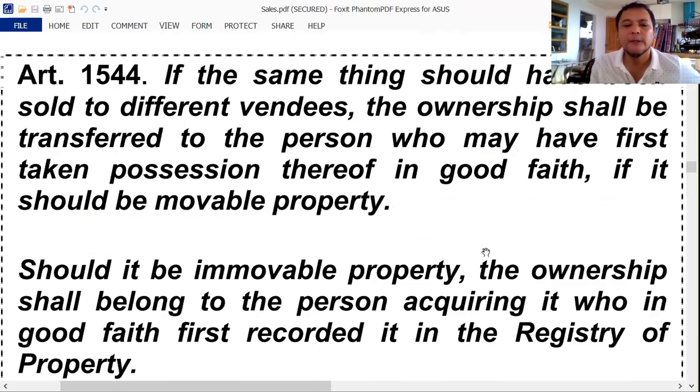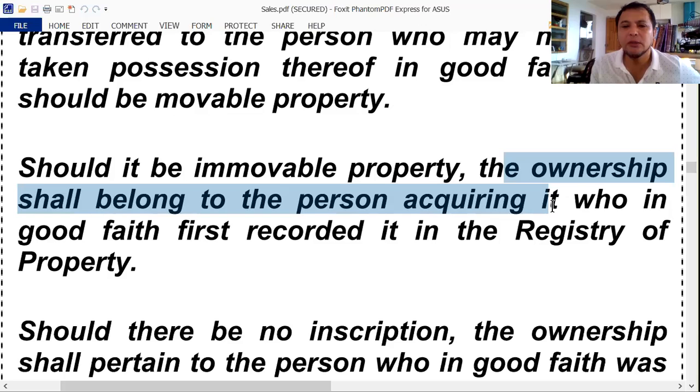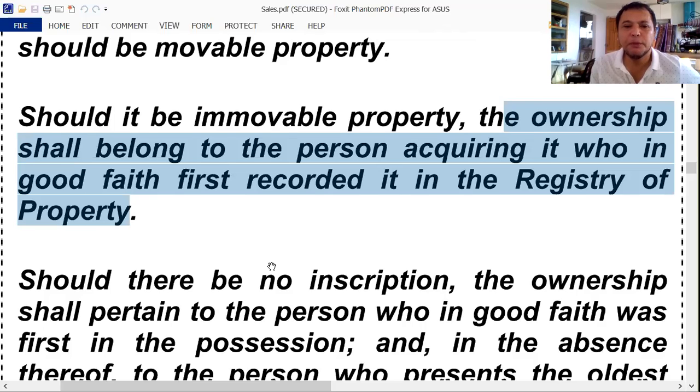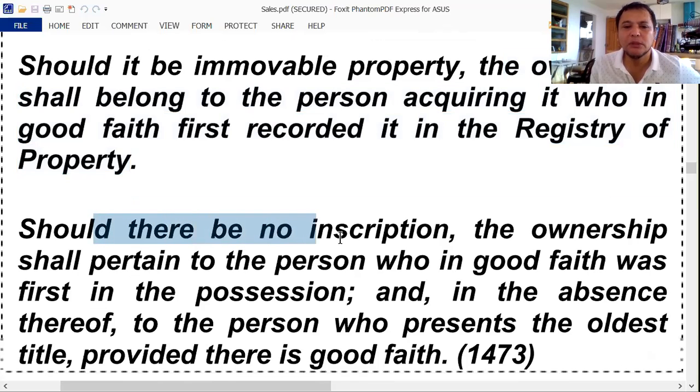Okay. Now, if the property is immovable, meaning it is real property, then the ownership shall belong to the person acquiring it in good faith who first recorded it with the registry of property, which is now the registry of deeds. But if the property is without a title, meaning there is no inscription, the property has no title,